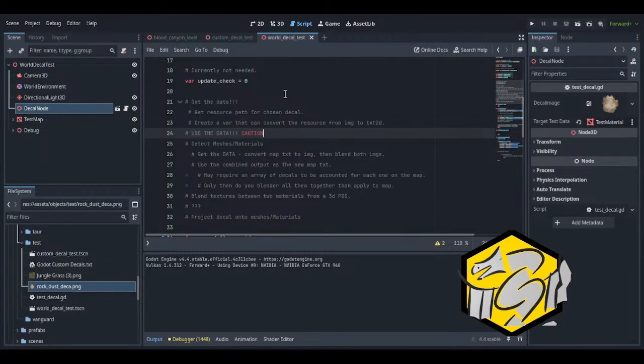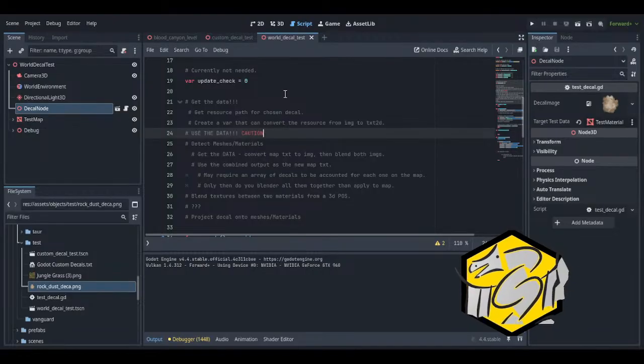I mean, you'd only have to do this once. It's not like it would be running all the time. It would just update once at runtime.